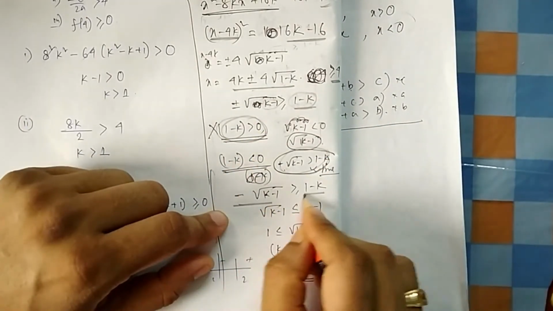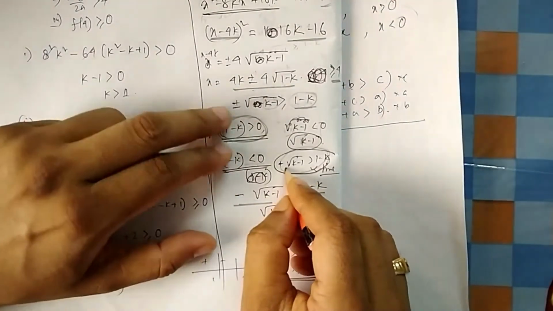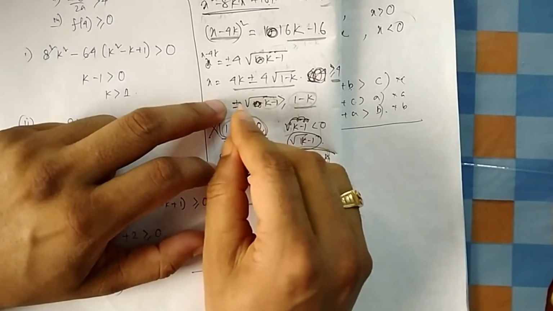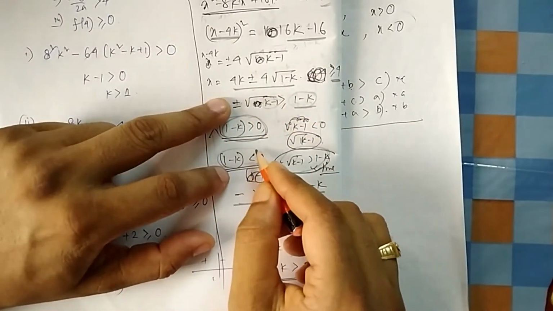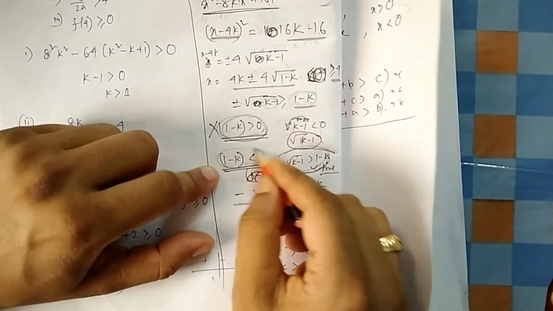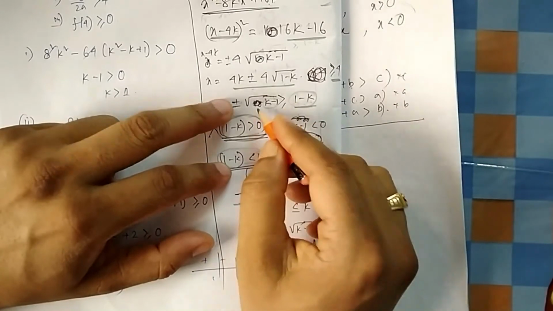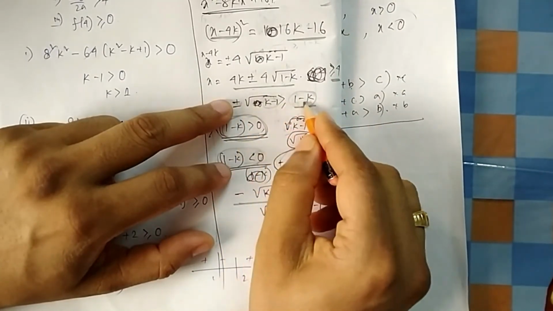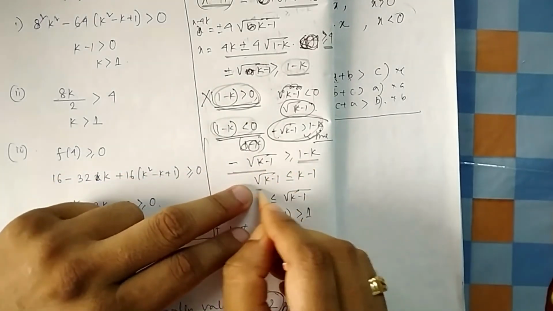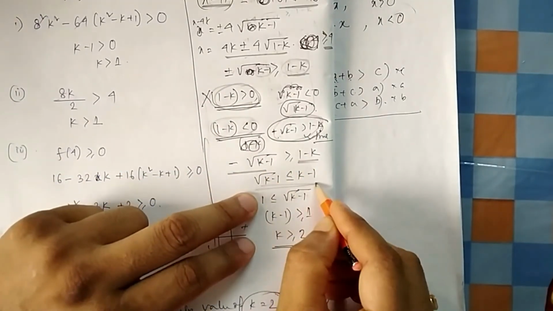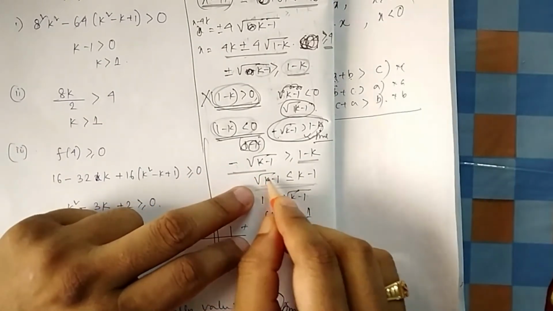This one should be greater than this one. Now if you multiply with minus, you get a positive. Why have I eliminated the other case? Because this is negative you are considering, so this is the possible solution, possible case. The positive value will always be greater than the negative value, so there is no conclusion. So I am going with the negative value. Now if I multiply it by minus, this already becomes positive.